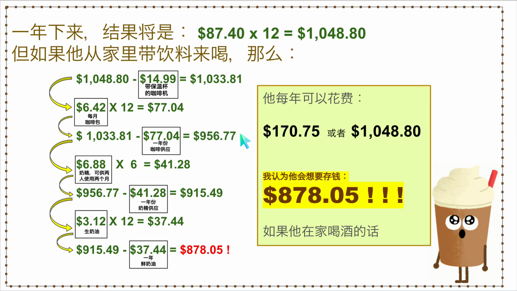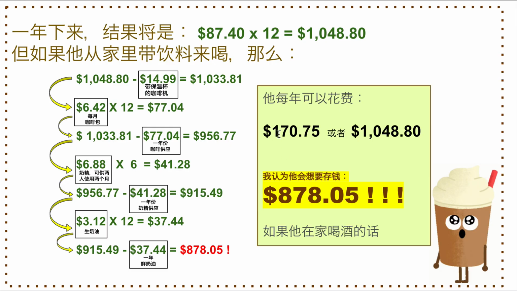Then we had to deduct the amount of how much it would be for the creamer. Now, this creamer jar lasted 2 months, so we only needed to multiply by 6 because the creamer lasted 2 months. So he only needed 6 creamers in order to have creamer for a year, which turned out to $41.28. And we deducted that from the previous balance. And finally, the Cool Whip, $3.12 times 12 is 37, minus the previous amount of $37.44. We got a total of